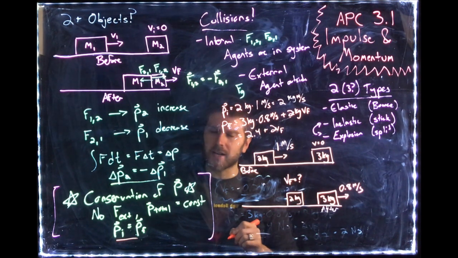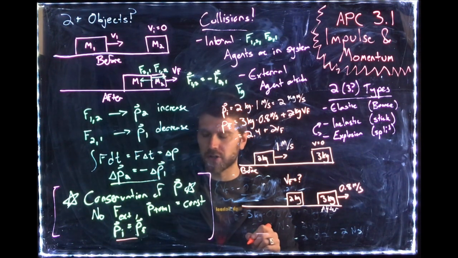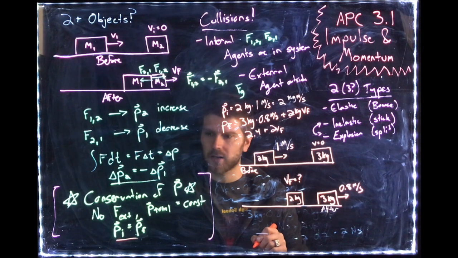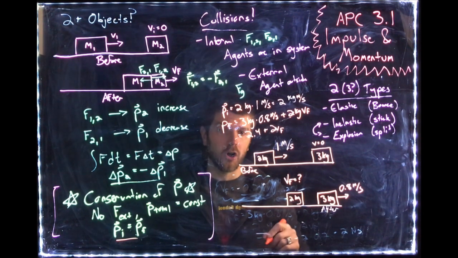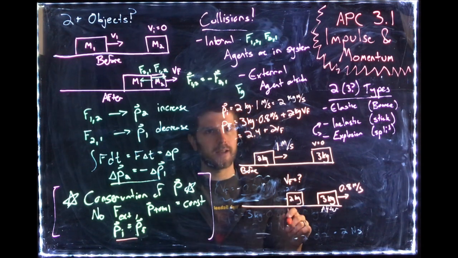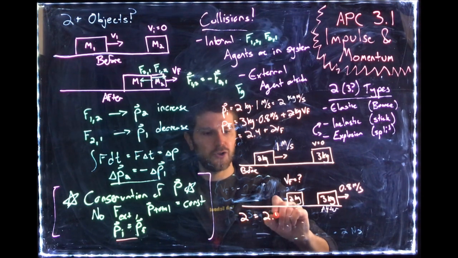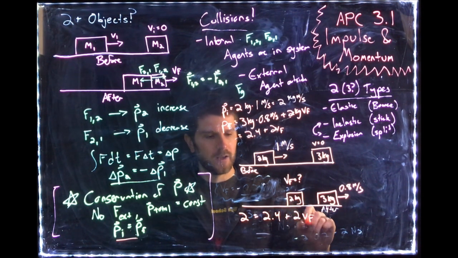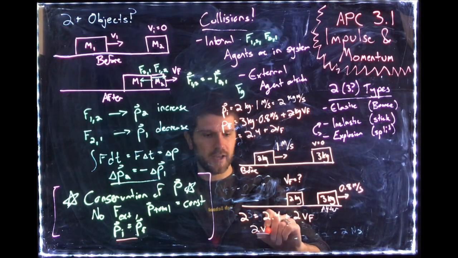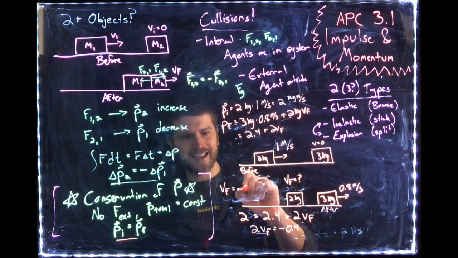Now, something very important has to be true about these two momenta. They have to be exactly equal to each other. Because if they're not exactly equal to each other, momentum is not conserved. And as we know, momentum is conserved because all of the forces here are those internal forces between the two objects. Any momentum gained by the 3 kilogram mass is lost by the 2 kilogram mass. So we can set them equal to each other, and I'm going to do that down here. So I'm going to get 2 equals 2.4 plus 2 VF. I can do that subtraction, so I get 2 VF equals negative 0.4. And that tells me that my final velocity, if I divide by 2, is negative